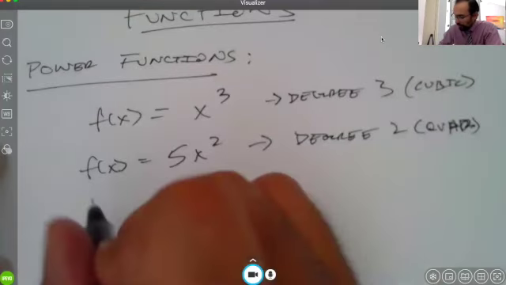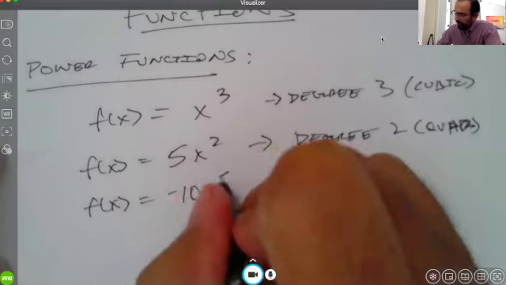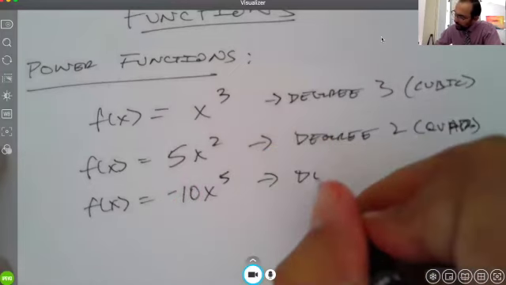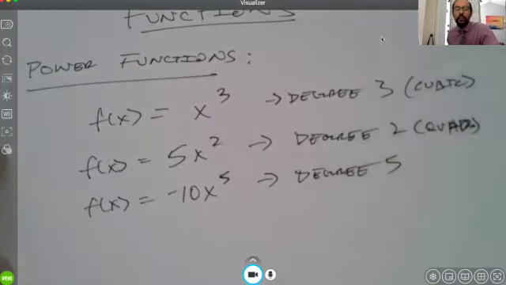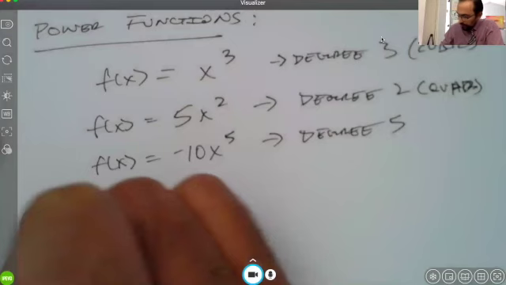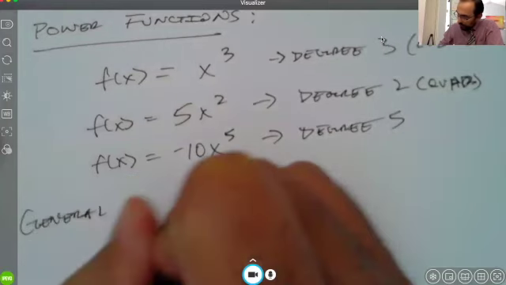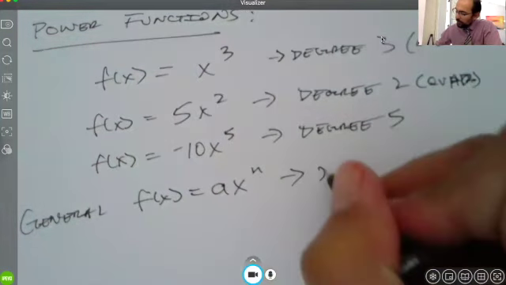Let's look at some different ones. Let's throw in a negative there. Negative 10 x to the power of 5. This would be a degree 5 power function. We don't really have any other names for degrees past 4. We can call it quartic or quintic, but you're rare to see that. So let's say degree 5. So in general, a power function can be represented like this: a times x to the power of n, where this would be a degree